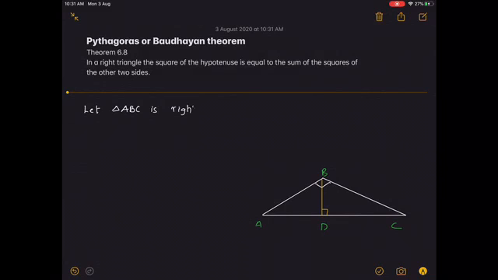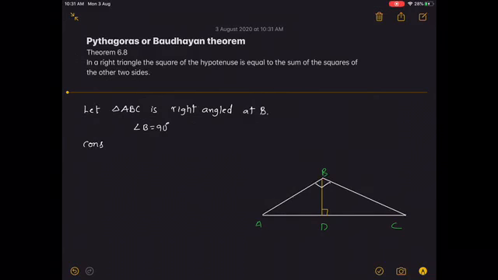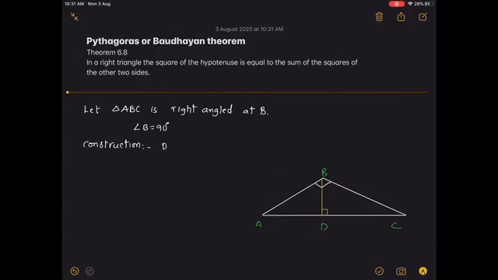triangle, right angled at B. That means angle B is 90 degrees. Now in order to prove the given statement, let us do a construction. So construction is, draw BD perpendicular to AC. That means we are drawing this yellow color line, which is the perpendicular to the hypotenuse